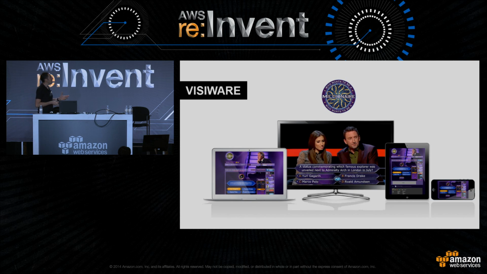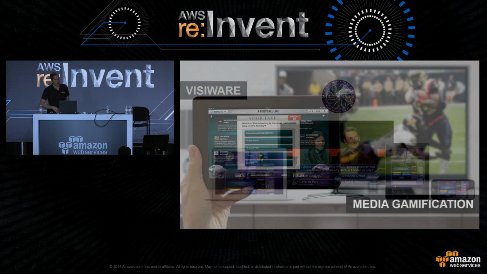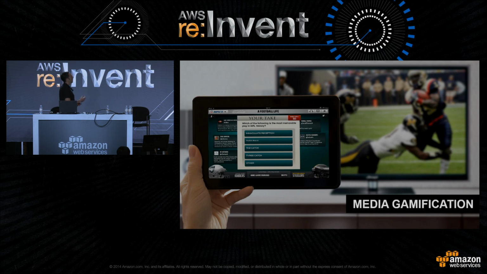Interestingly enough, they run their backend application in the European region with multiple availability zones. For each TV show, it costs them less than $500 to run a backend application that sustains more than 5 million concurrent users. Another application they do is in the field of media gamification for